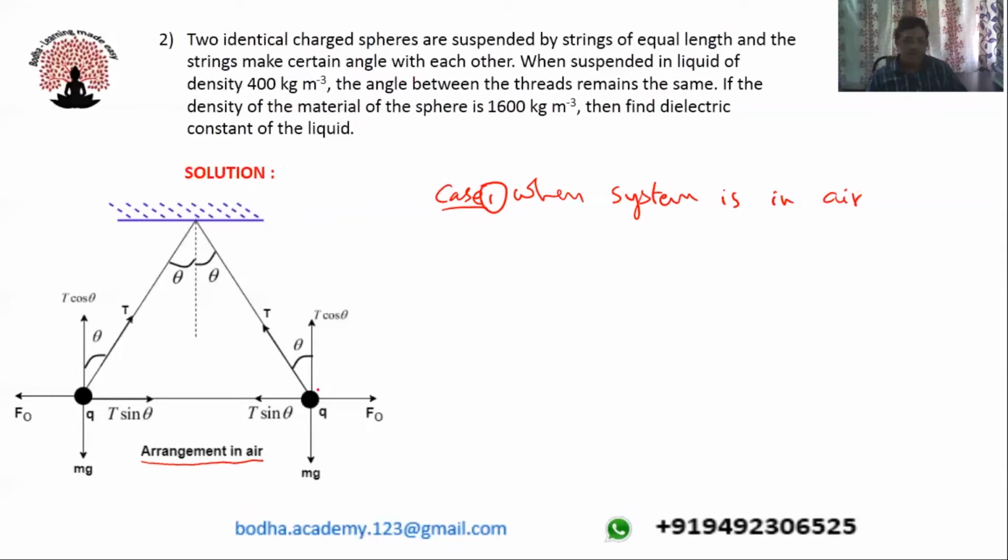So you can observe that on the sphere, its weight mg will be acting in the downward direction. Tension in the string will be acting towards the point of suspension. This tension is resolved into two perpendicular components, T cos theta and T sin theta. Also, it will experience a force of repulsion due to the charge on the other sphere, which I am denoting as F0. So at equilibrium,